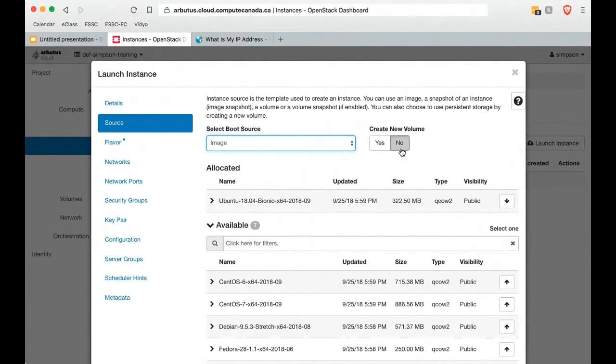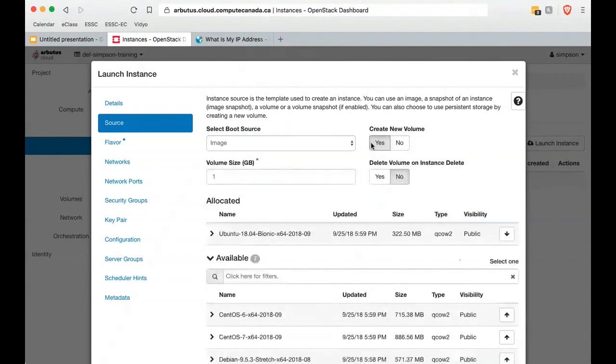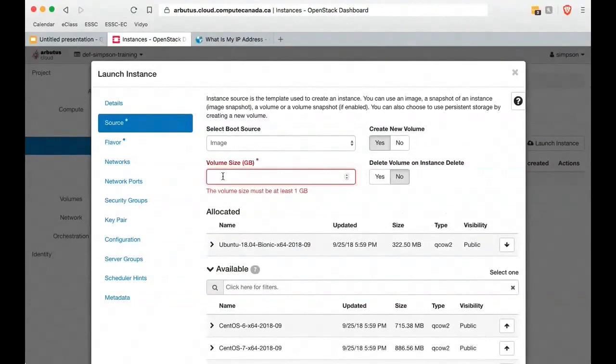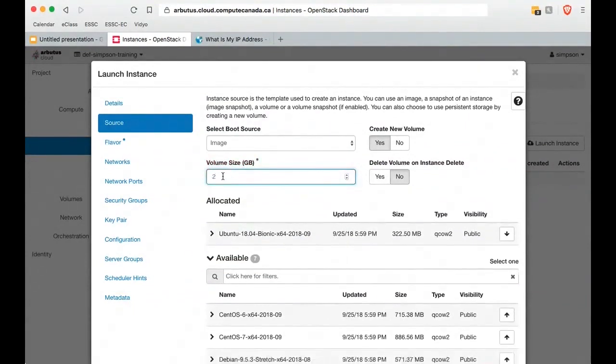If I create it separately, then that volume is standalone, and I can get rid of that virtual machine in terms of cores and memory, and then create a bigger one and then plug it into that volume again. And so typically this is what we advise people to do, except for special cases. So I'm going to choose yes, create a new volume. The moment I do this, it's going to ask me for a volume size. Well, I know that my max is only 40 gigabytes. We saw that on the first panel. I don't need to do a lot with this, so I'm just going to make a 20 gigabyte volume. So I'm just going to type in 20 there.